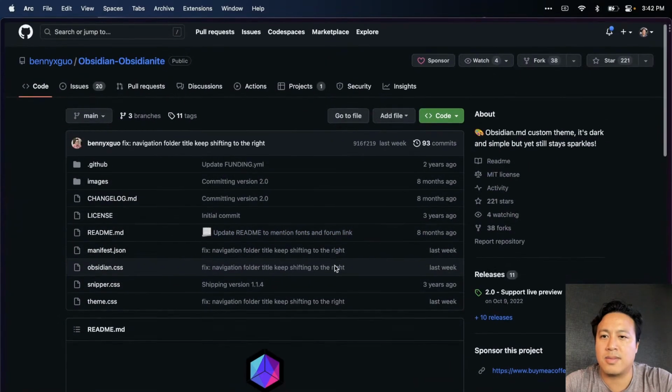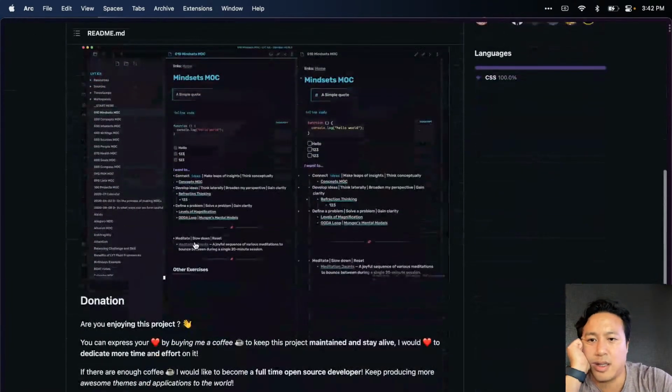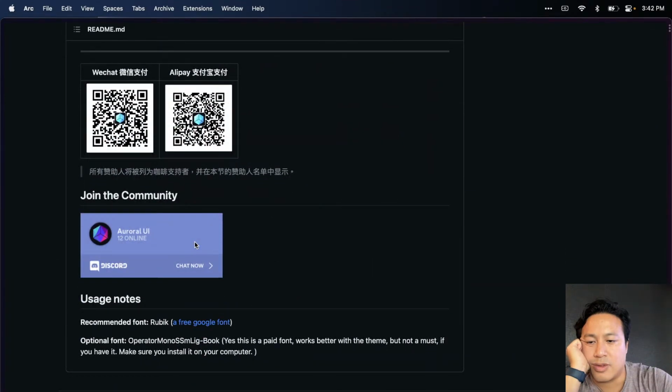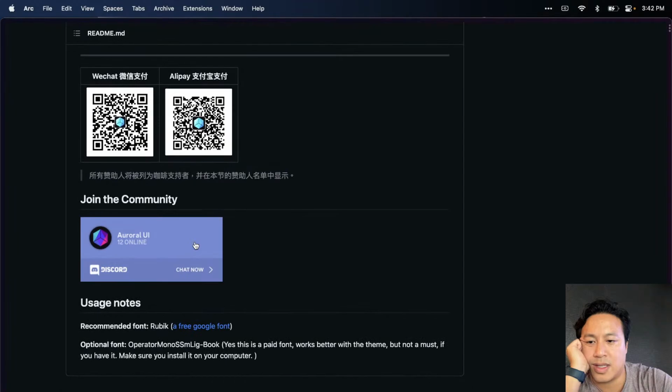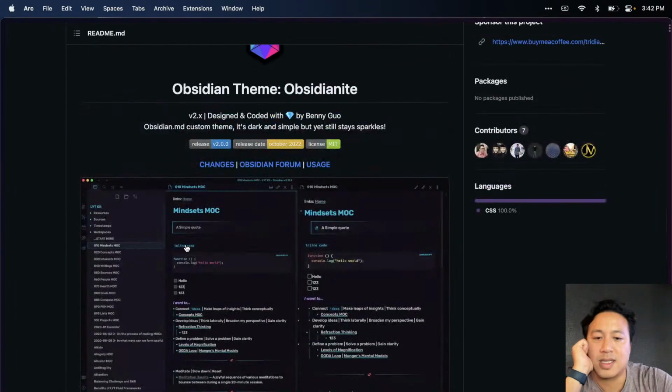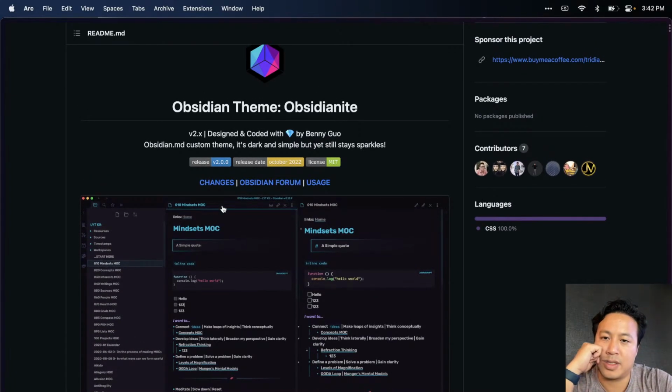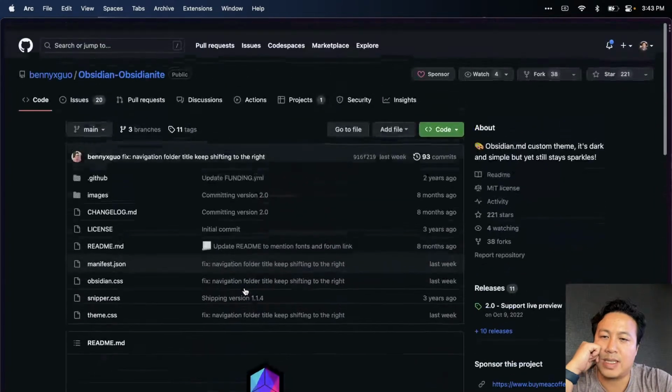But if we go back to my Obsidianite, we can see here, this is pretty clean. Rubric, yep, paid font, okay. So this is kind of the intention behind this, okay. So I have a choice to make at this point, is whether to base it off of this